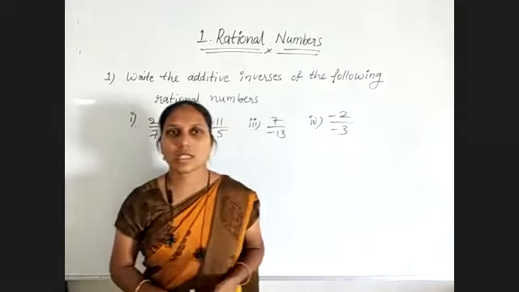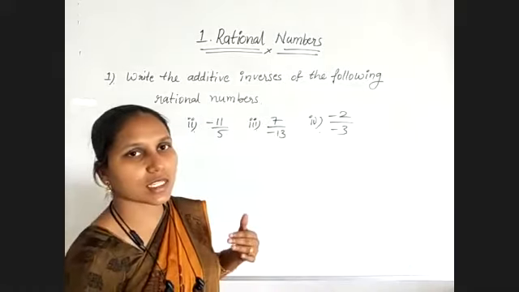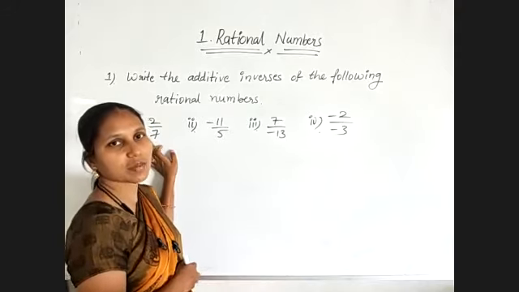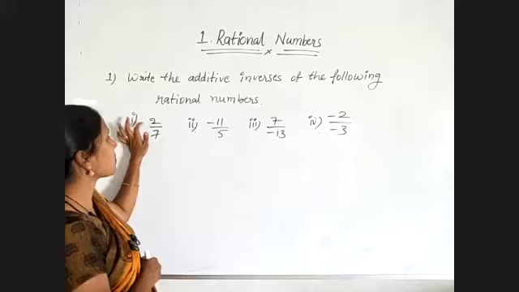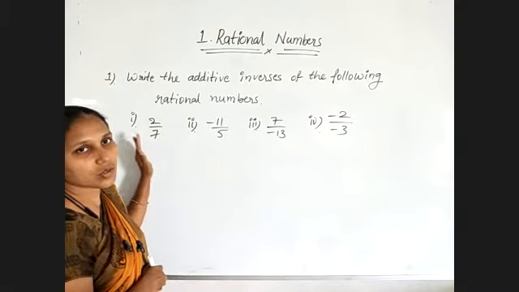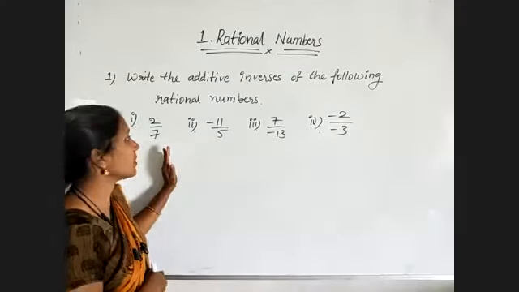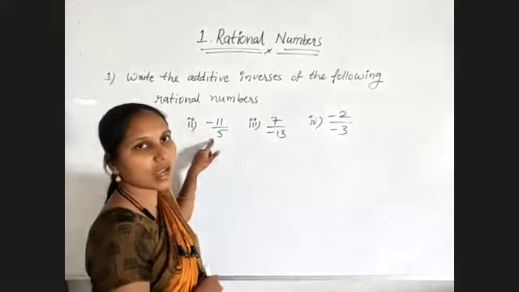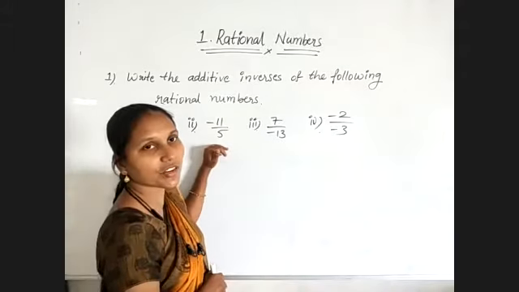So positive rational numbers we have, negative rational numbers we have. First we need to decide which one is positive, which one is negative. See, if the numerator and denominator both have like signs, that means the same sign. Here, only positive signs: numerator is +2 and denominator is +7. Both are positive numbers, so the complete rational number is positive. Coming to the second one, here one is minus, one is plus, unlike integers. So in this case it is a negative rational number.